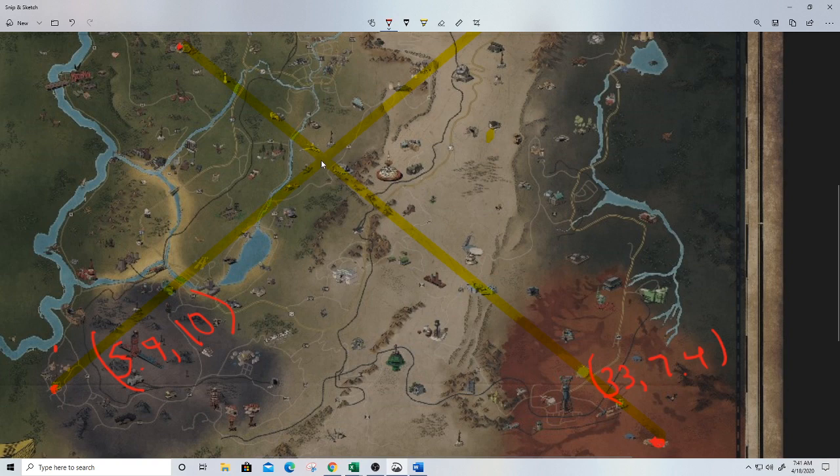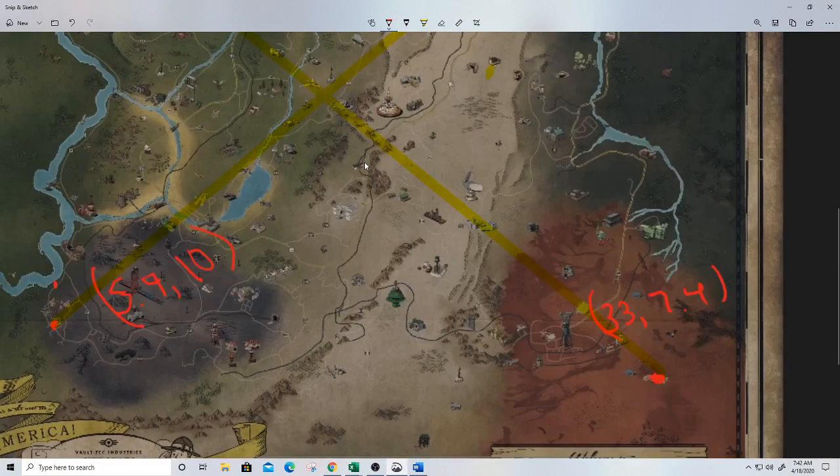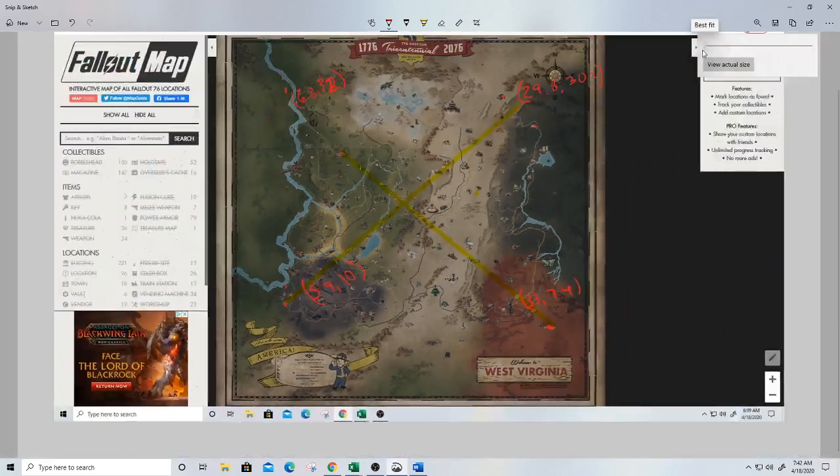So let's see. I gotta remember this spot. But it's basically that's Rose, right? Or Rosie, the Raider Rose lady. So it's left and a little bit up, but past the road. Alright. So